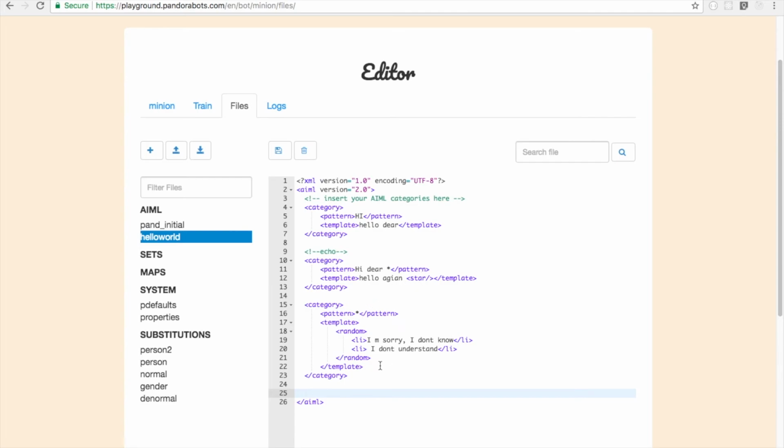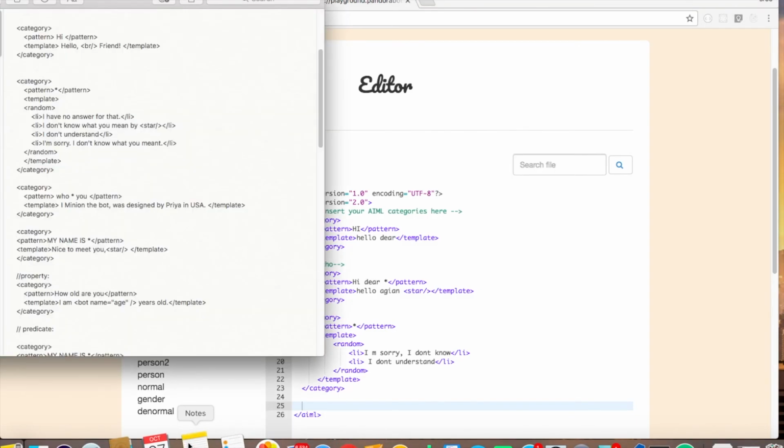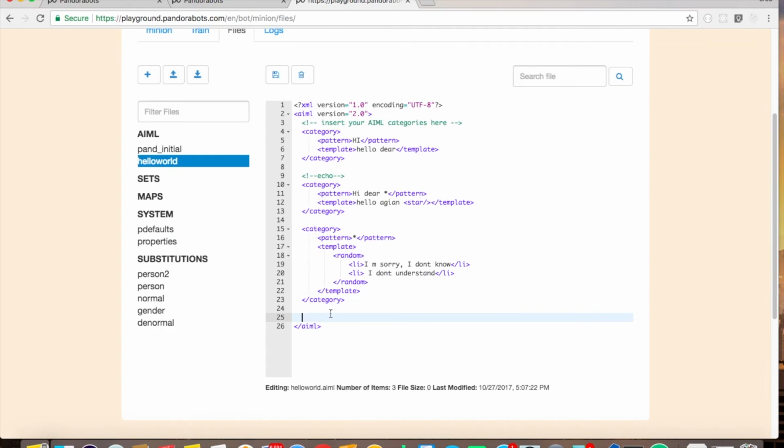So if you want to echo my name, how are you going to do that? So let's do it. For simplicity, I'm going to copy the code that I wrote myself, so that it saves our time and I can explain more about it.